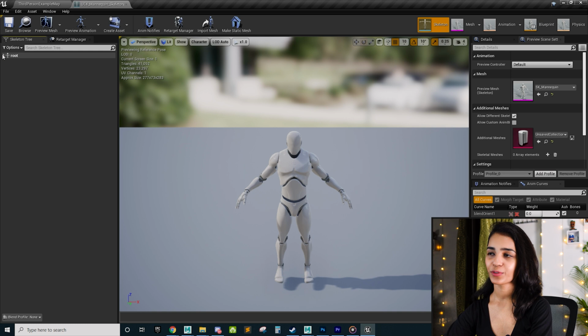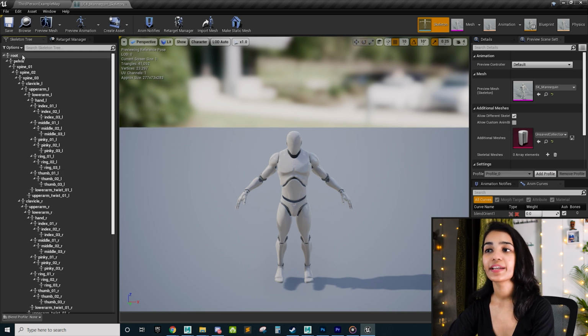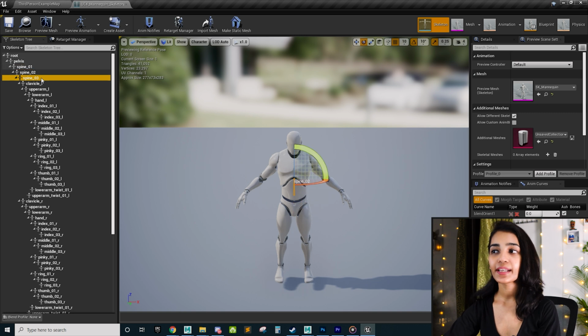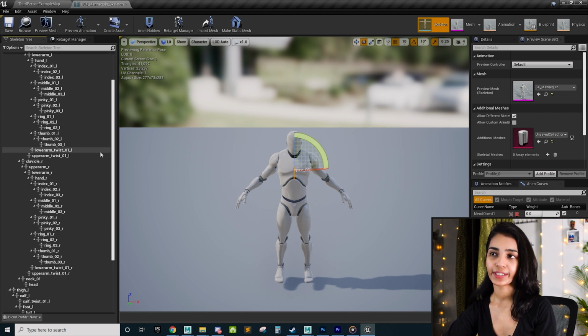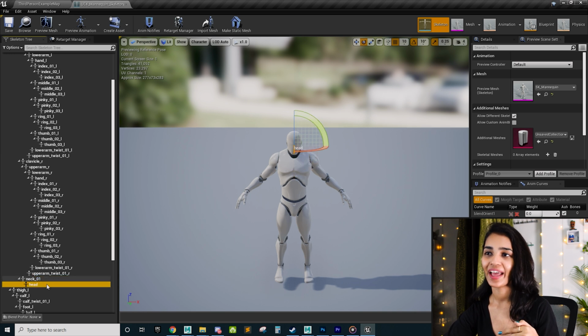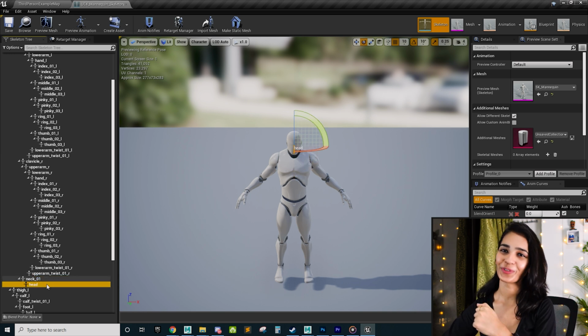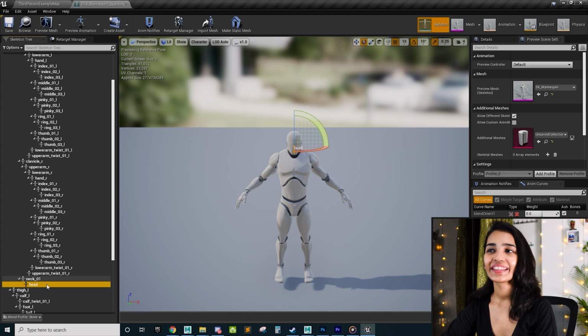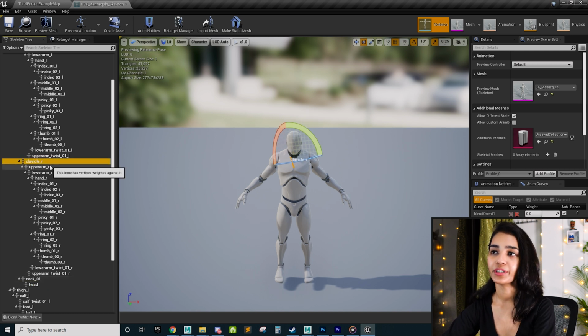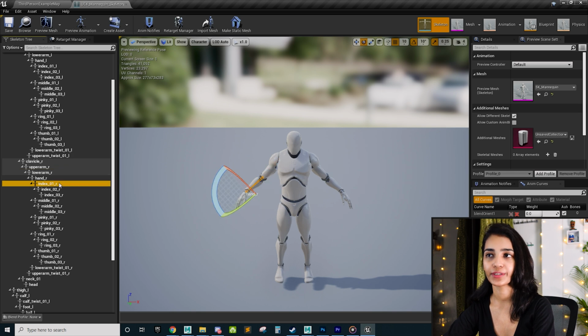Now let's expand this root joint again and you'll see that there is a root followed by pelvis and the spine chain. Then the last spine chain has 3 joint chains nested under it. One starts with the neck followed by head and then maybe hair if Manny could grow any. Then there are 2 parallel chains for each hand, starting with the clavicle and going down the chain till the individual finger. So this kind of structure is the most common one for game ready biped characters and Epic encourages you to follow this structure.